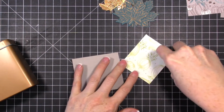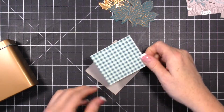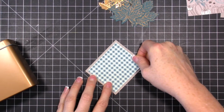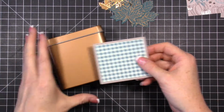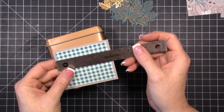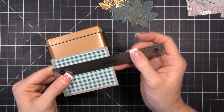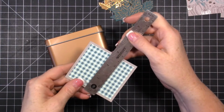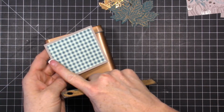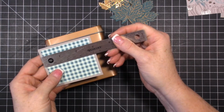because believe me, cutting these panels, if I could show you all the scraps I went through cutting these up, you guys know I'm not good with the measurements, but I just couldn't get it. I would cut one and then I would mess it up, and then I'd have to cut another one. So the gray granite piece is 3 1/8 by 2 3/4. Okay, so 3 1/8 by 2 3/4, and then the designer piece is